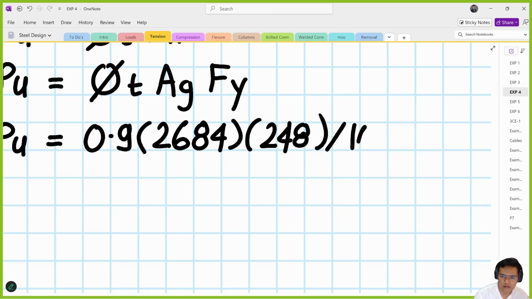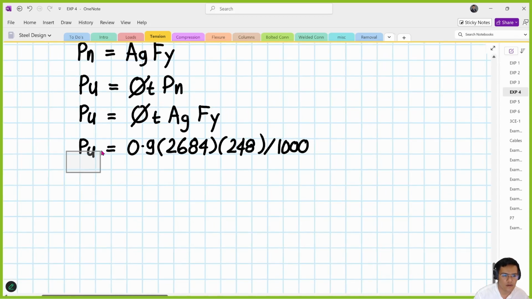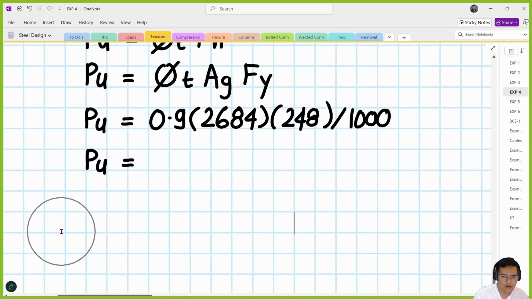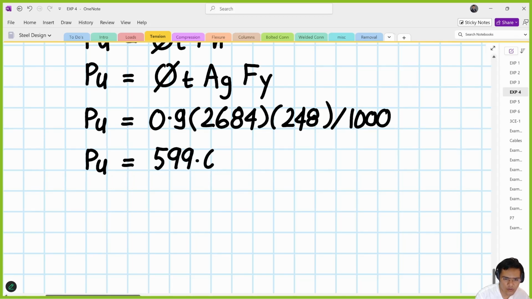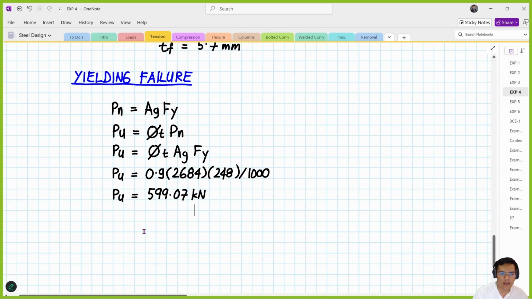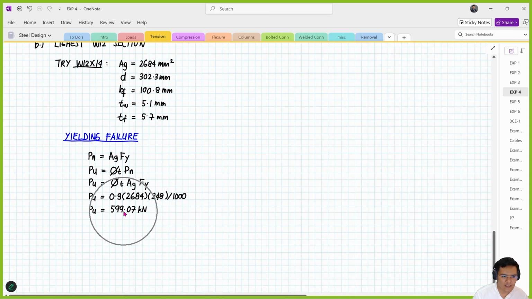Okay, divide by 1,000. Okay? So, meron tayong value ng P sub U. So, ilan to? 599.0688, ulit, 500.0... 6 7 na lang, okay? Kilonewton. 7 po. Okay? Dito pa lang, kumbaga, kung ito yung capacity against yielding nung area na ginamit natin, which